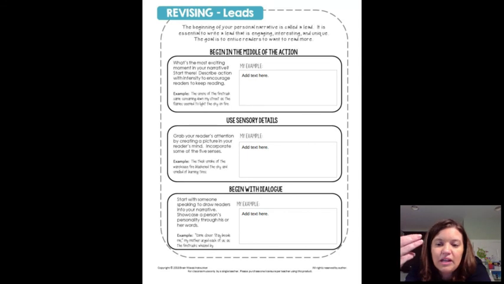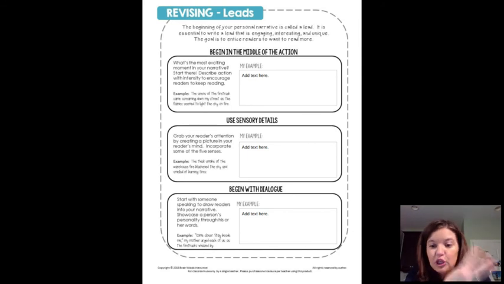Okay, there's a lot of them, but three really good ways to start a personal narrative. The first one is beginning in the middle of an action. If you begin right in the middle of action and the character is right in the middle of something and the reader is like, whoa, what the heck? What's going on? So here's an example.